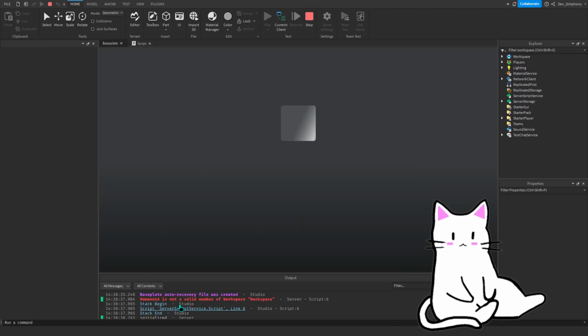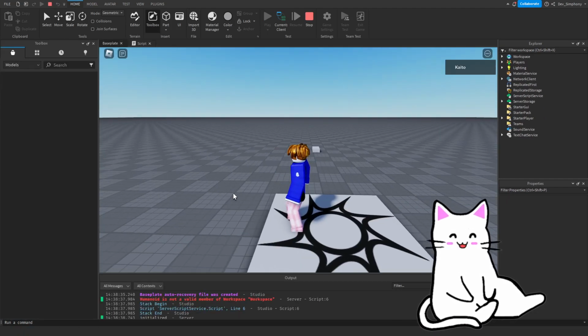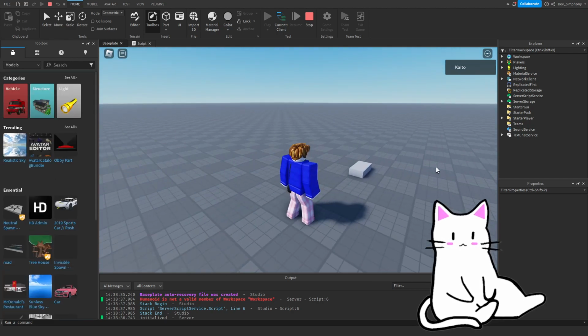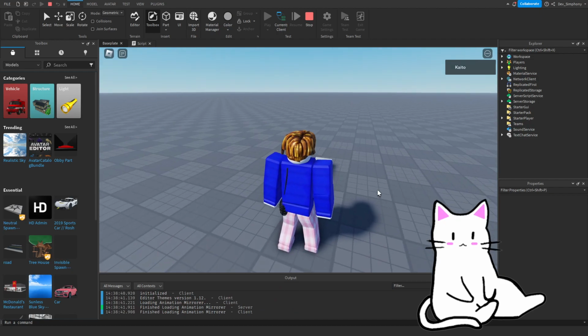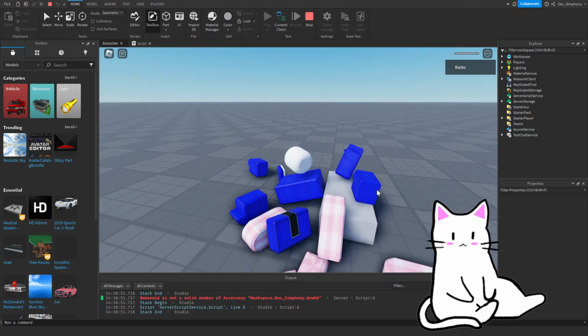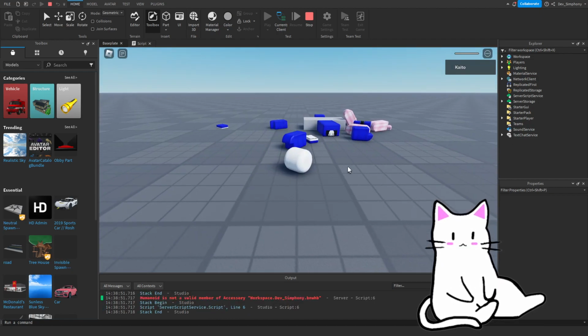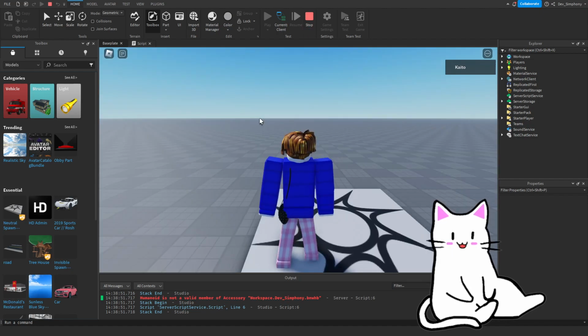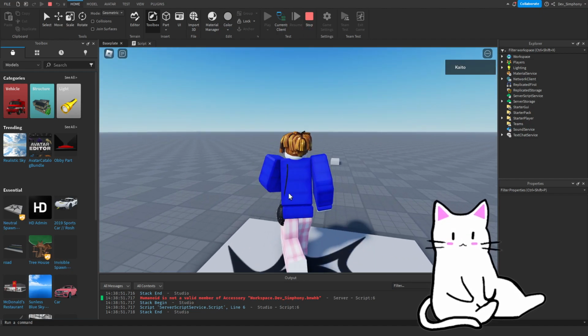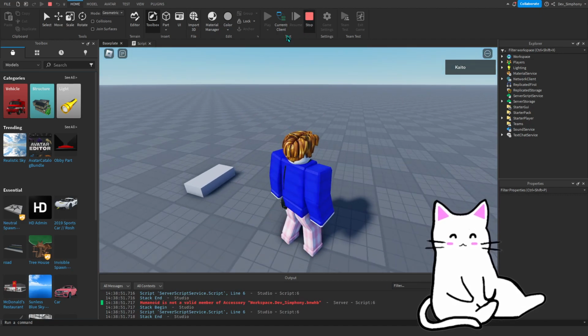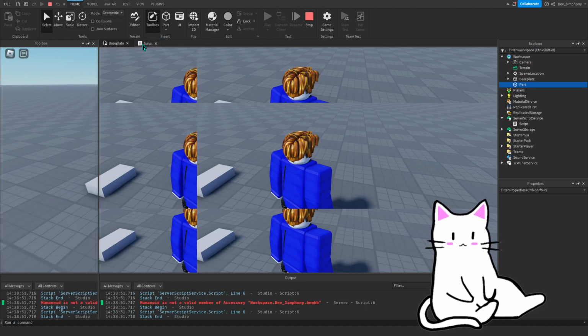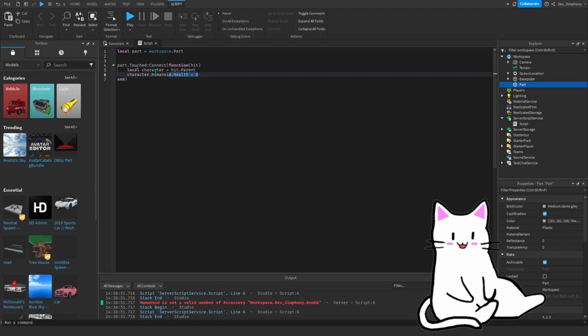Here we had an error saying humanoid is not a valid member of workspace, and that's because workspace does not have any humanoid and it's not a character. Now let's touch this part and our player gets eliminated. Worked perfectly. Now what if you don't want any of these errors, right? Because the part is touching other things too, not only characters. Cool. So what we could do is,